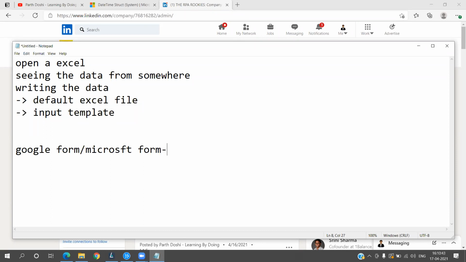If you want to learn web automation, in that you have drop downs, check boxes, radio buttons, and sometimes we have that line meter as well, to rate between 1 to 10 or like that, right? So in that way you can make the resources available to yourself. Just design a Google form, prepare an Excel sheet of data, and fill in the data.